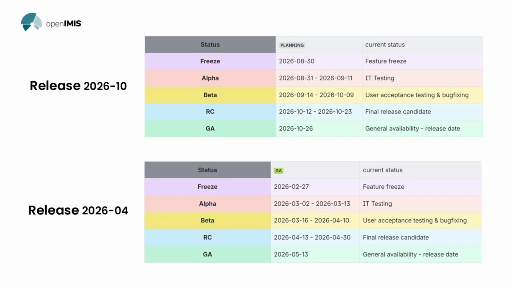For example, we have freeze always happening in August for September, for the October release. The alpha phase always happens between August and September. We'll have the IT testing, then the beta. We'll have the beta phase, where we'll have the user acceptance test and bug fixing. It always takes place within the month of